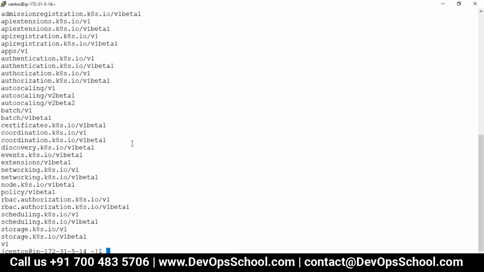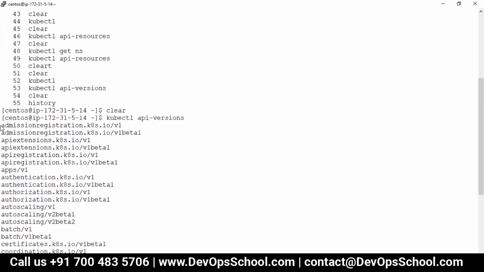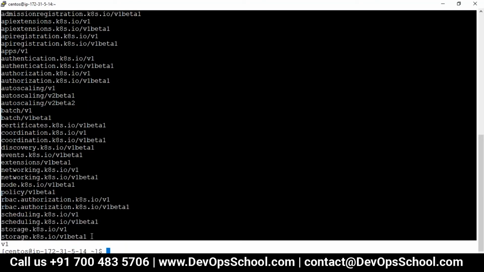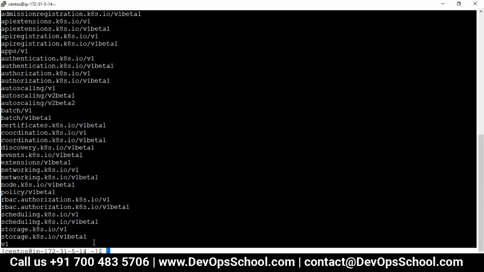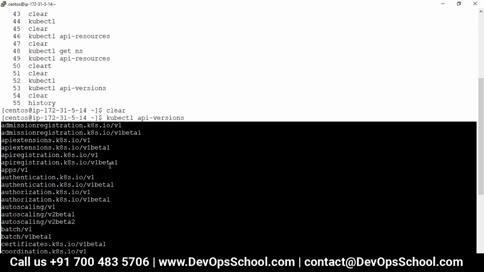Like user-defined ones which we created and deployed to Kubernetes? No, no. All these are community supported ones. None of these are user defined. For user defined, you will have a CRD. Okay. So if you want to develop your own API resources, you can develop them. That's not a big deal. You can use the Go programming language and develop your own API.